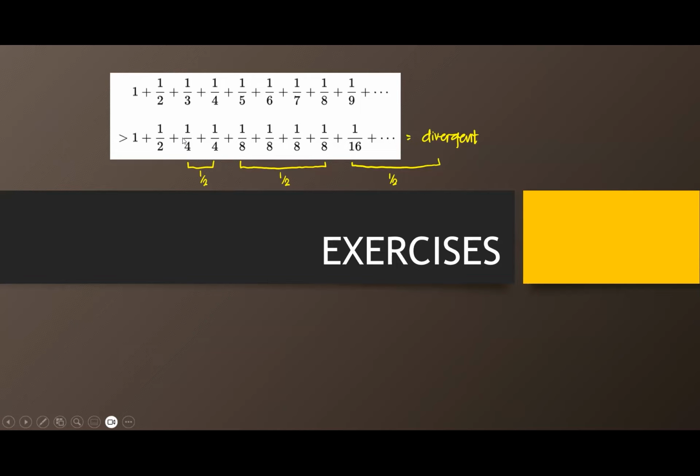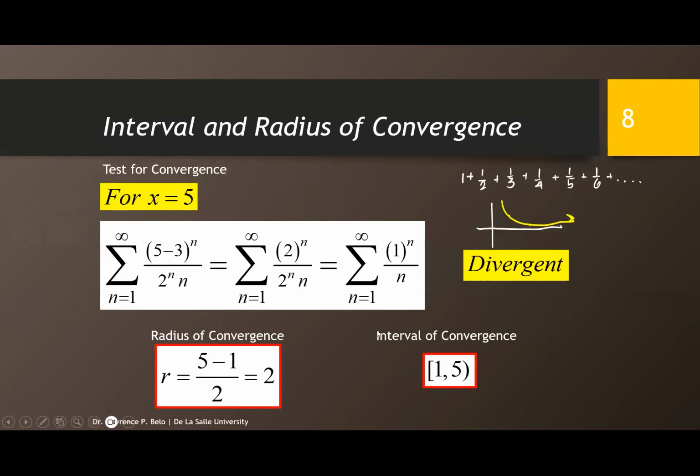Isn't it, guys, that in the top example, 1 half, 1 half, the same. 1 third is bigger than 1 fourth. 1 fourth, 1 fourth, the same. 1 fifth is much bigger than 1 eighth. 1 sixth is bigger. So if the values on the top are already much bigger than the ones at the bottom, and the ones at the bottom are divergent, I can safely say that the series on top will also be divergent. Am I correct? Therefore, going back, I can see that this one is divergent.